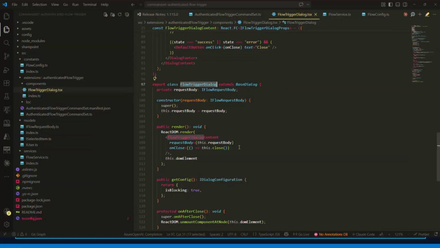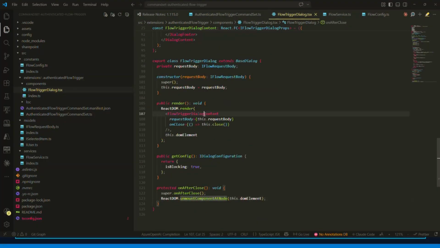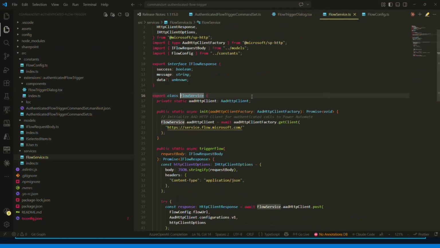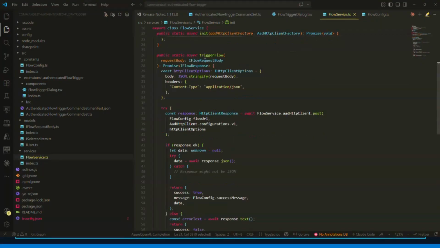If I go into this one, let me get this content. So what's happening here is, when I click send, within that I'm calling my flow service and passing the request body. In the flow service, in the initialization method, as we talked about earlier, we have service.flow.microsoft.com to initialize the client. And then in the trigger flow method, we are just making the POST request to the flow URL